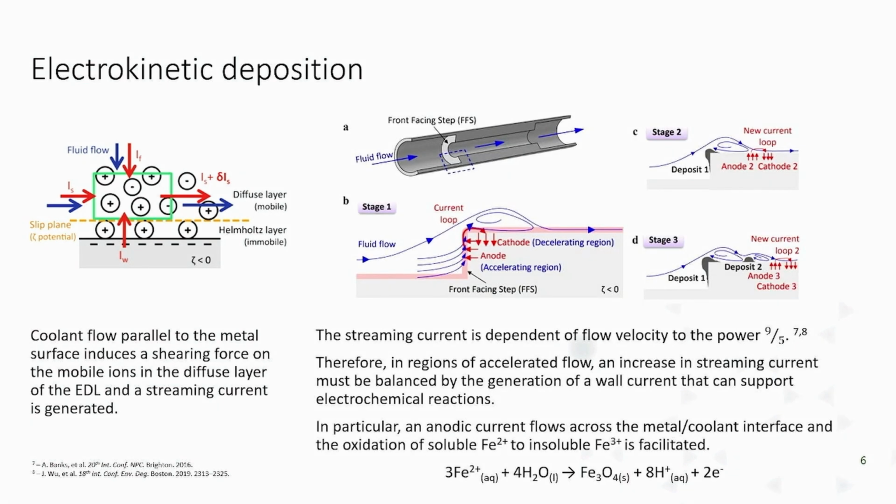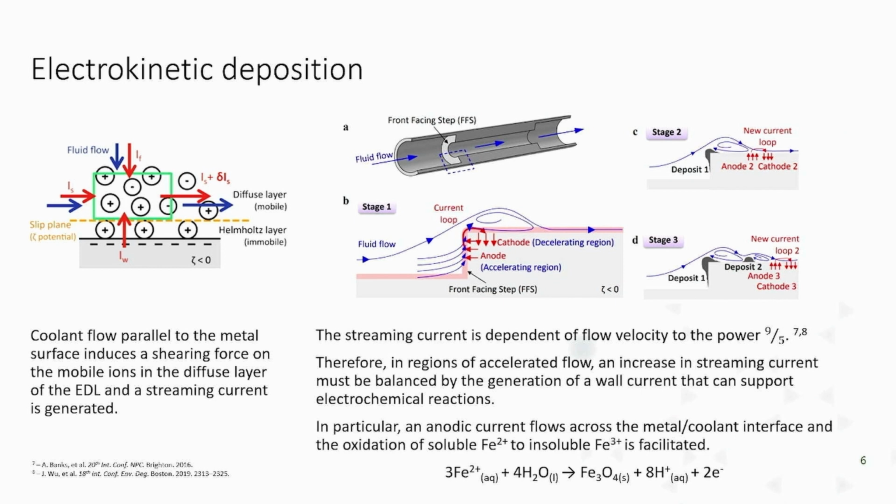charge. So as coolant flows parallel to the metal surface, we induce a shearing force on these ions, which redistributes this charge and generates what's known as a streaming current. And in regions of acceleration, we can form an excess in this streaming current, which must be balanced somehow. So it's thought that the balancing of this excess current could either be from a back conduction to the fluid, but in low conductivity solutions such as PWR environments, it may not be suitable to sustain that back conduction to